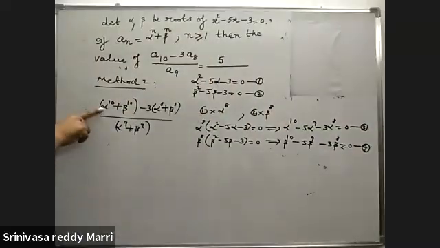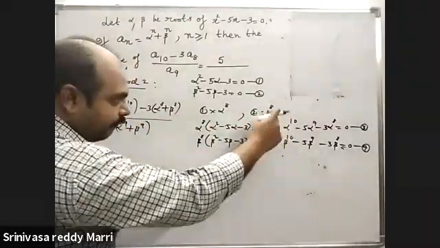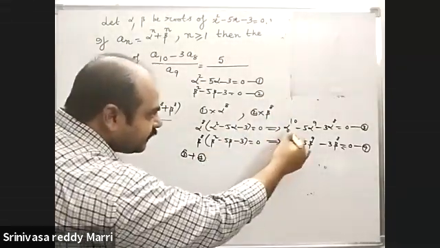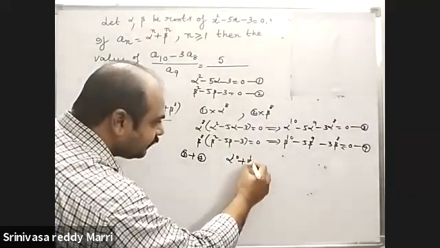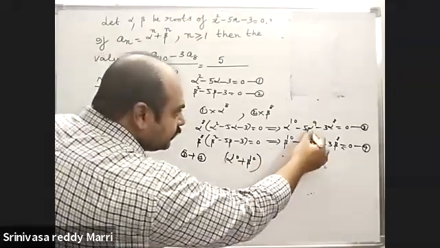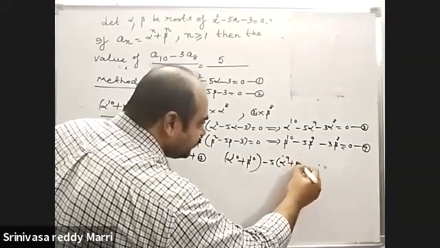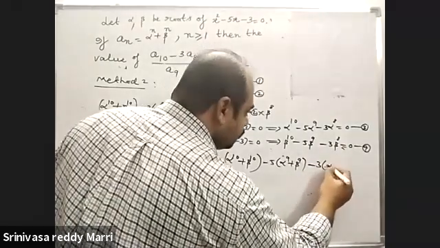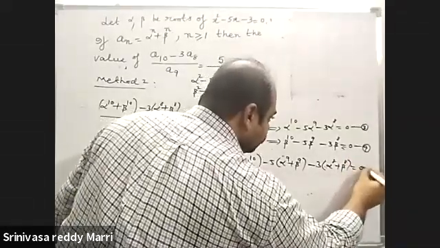Now from the question, it is clear that you want sum of these two. Look at this plus this. That gives the idea that you want sum. That means adding 3 plus 4. Add 3 plus 4 and then add first term plus first term like that. Alpha to the power 10 plus beta to the power 10, this plus this, minus 5 common, alpha to the power 9 plus beta to the power 9, this plus this, minus 3 common, alpha to the power 8 plus beta to the power 8 equal to 0.